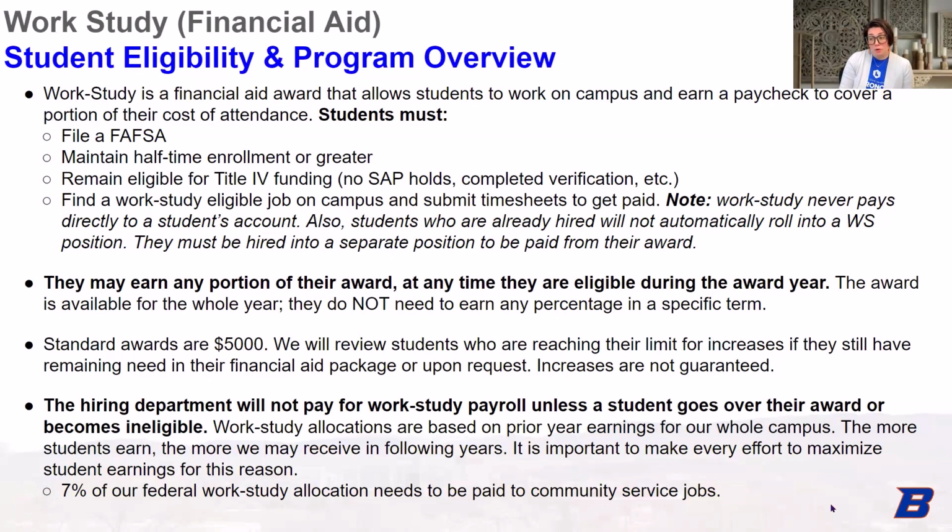So it's really important as the supervisor also to make sure that you're making every effort to maximize those earnings and getting them on the schedule to earn the full $5,000 as much as possible. Because if we don't spend our entire allocation, we're not going to get as much the following year. If we do spend our whole allocation, it's very likely that we will get an increase. Not guaranteed, but likely. And so we're always looking at that, trying to maximize the amount that we are spending